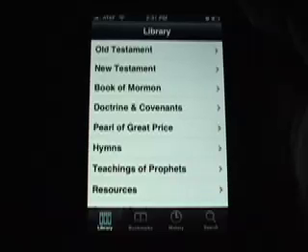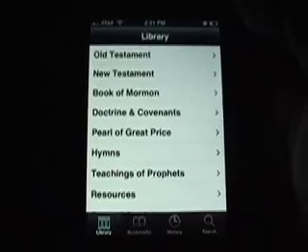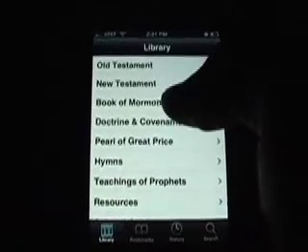I'm going to show you a quick tour of version 1.3, the newest version of the Scriptures app. Show you how to make the most out of it and some of the new features. If I navigate to a verse that I'd like to read, you can notice it's a lot quicker,